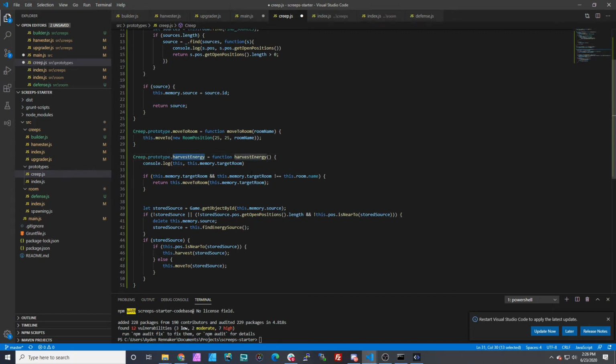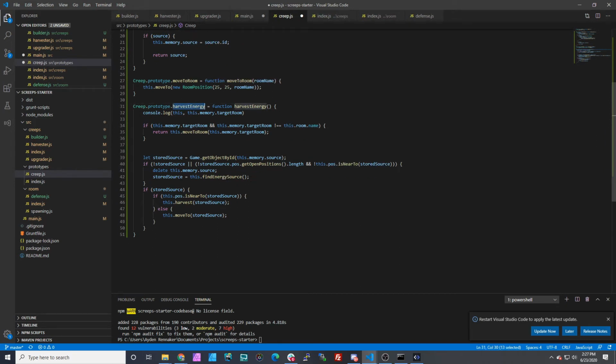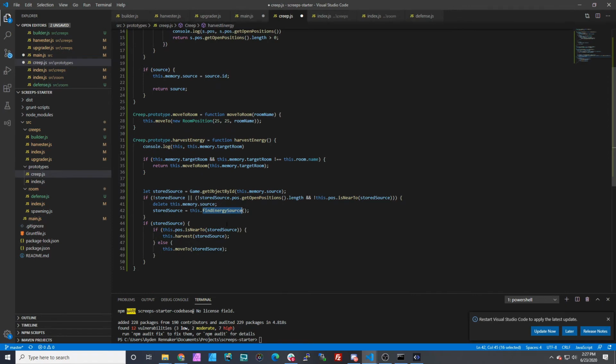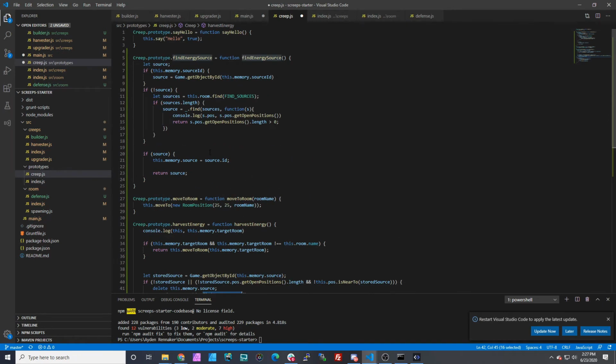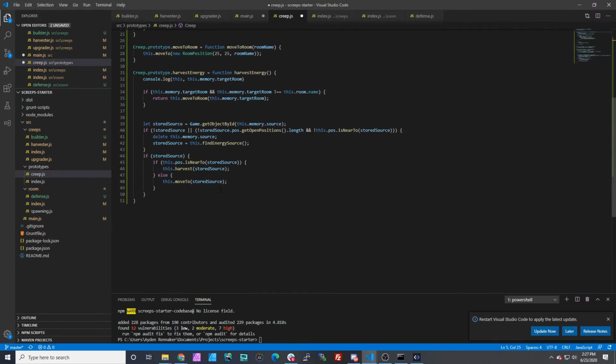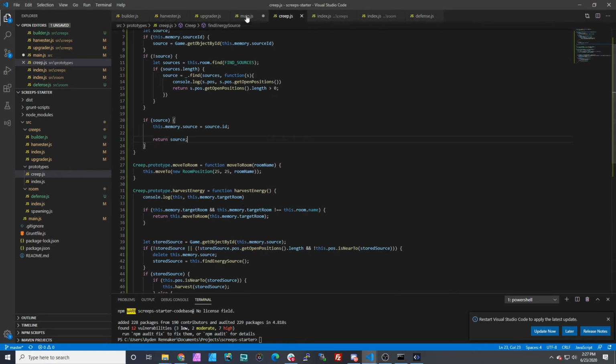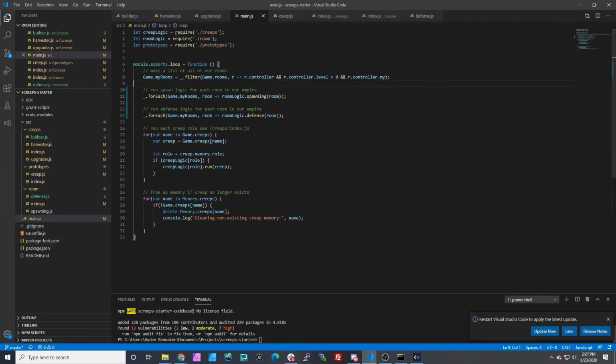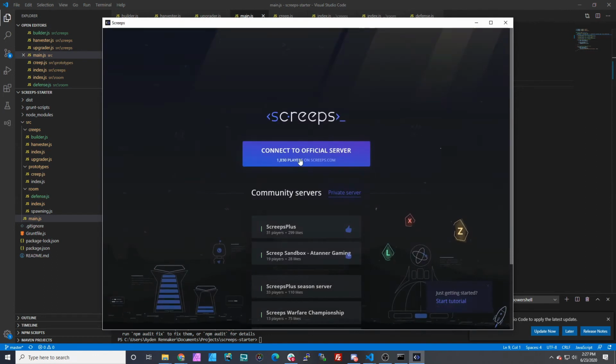And here we have harvest energy, which is a basic function to find an energy source and go mine it out. So it calls this find energy source and then goes to the source that's stored in memory. So now we can access all these different creep functions. I'm going to go ahead and save these files, and I'm going to push this to MMO. Not MMO, to my private server here. So over here on Screeps Sandbox,